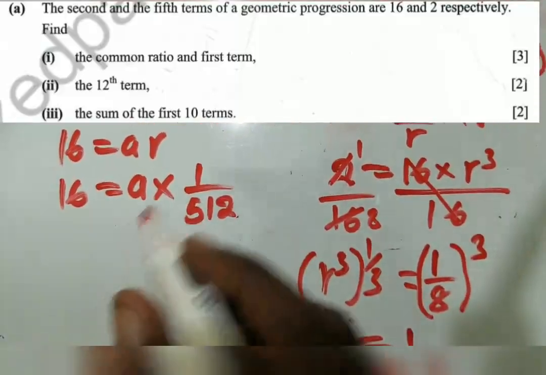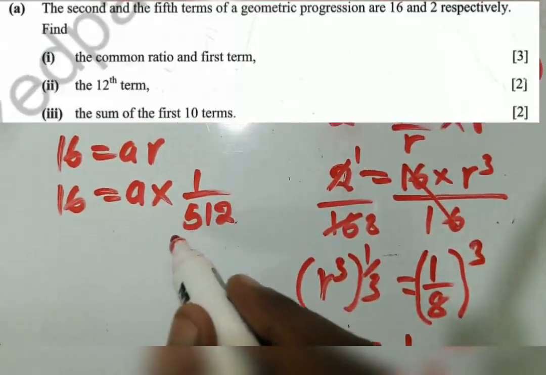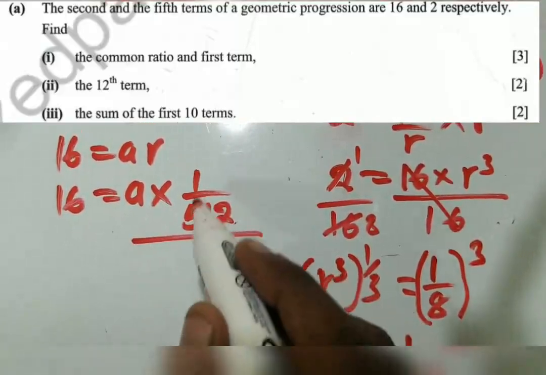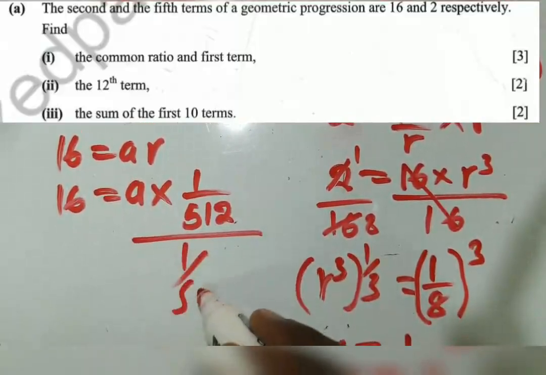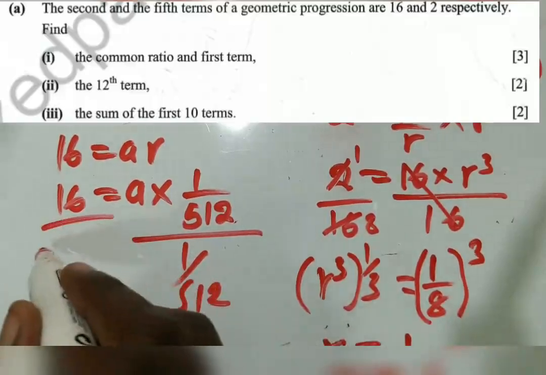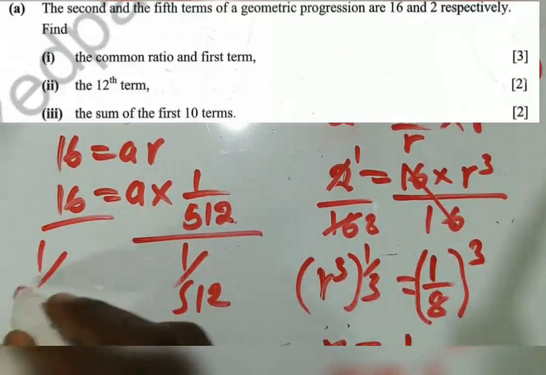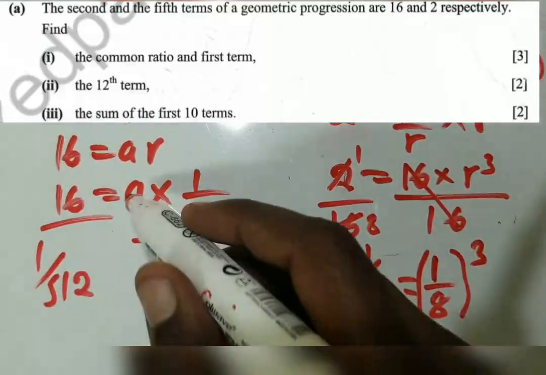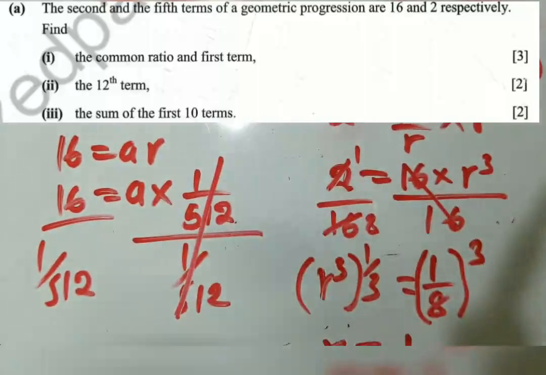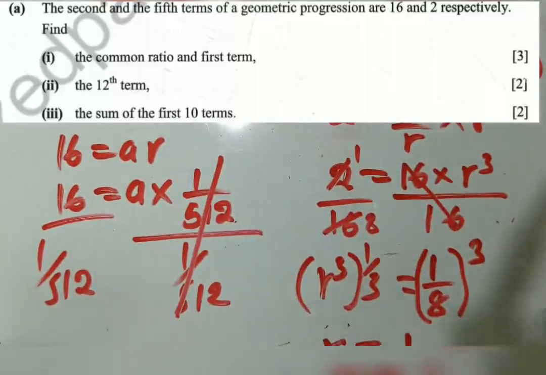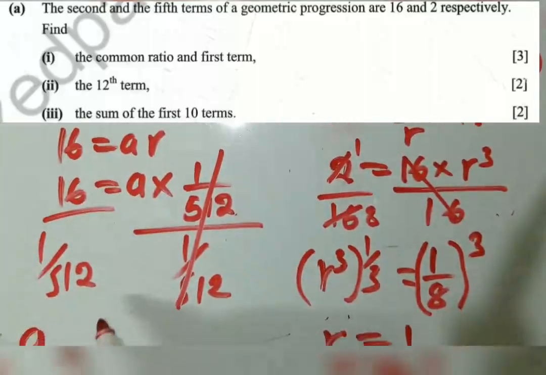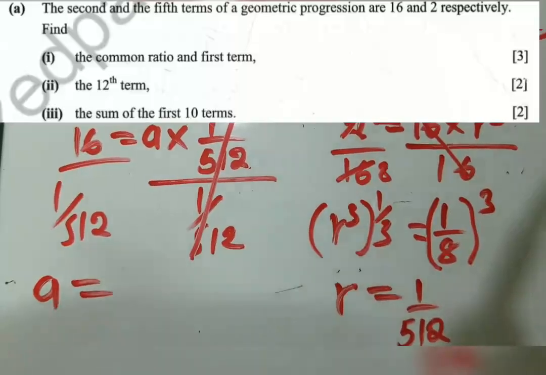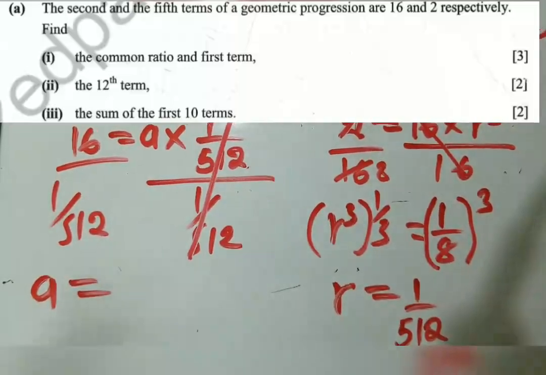So we are going to divide both sides by 1 over 512, in order to remain with A. So A is equal to